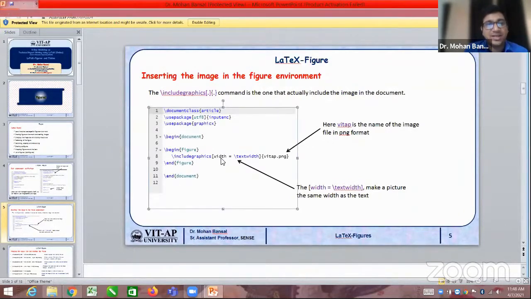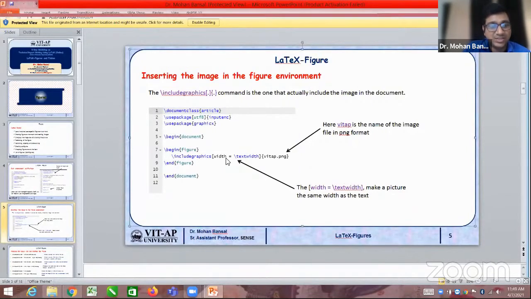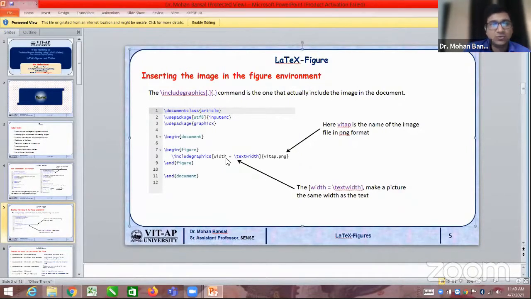Width is defining the size of the image, the width, not the height. So what is the size of this image? Textwidth means whatever the line width in the text document, the figure will be placed with that text width. And vitap.png is the name of the image file in PNG format.